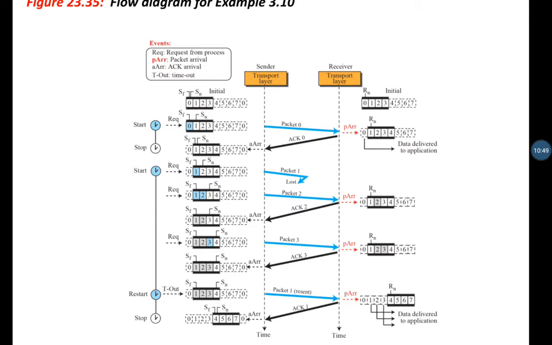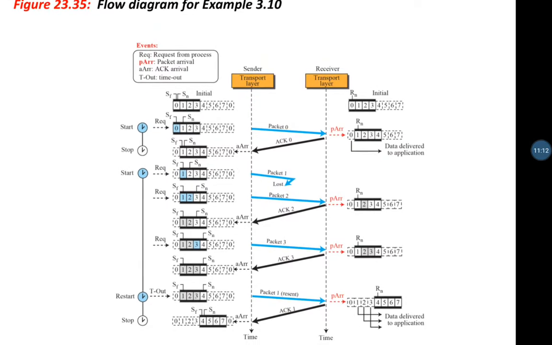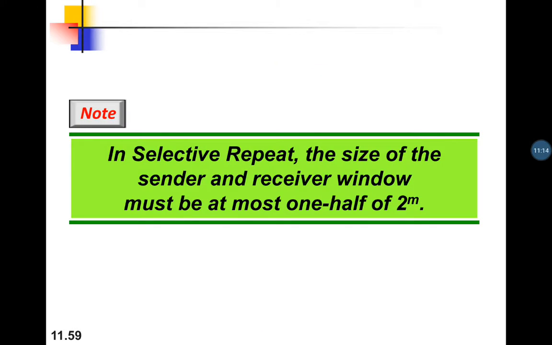Here you can see that the packet number and the acknowledgement number are the same. In the earlier protocols we had seen, it tells about the next packet that the receiver is expecting. Here those are the same. If acknowledgement 1 is lost, that means packet 1 has to be resent, and then it will be arranged in the order. So that is about the selective repeat.